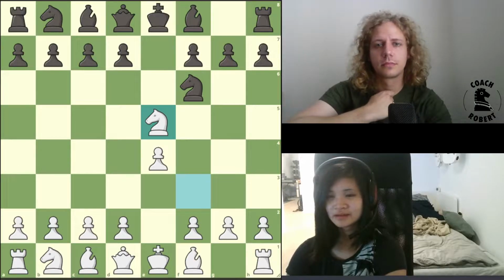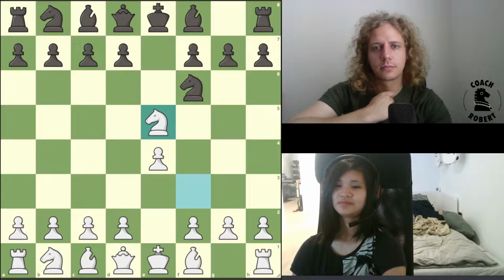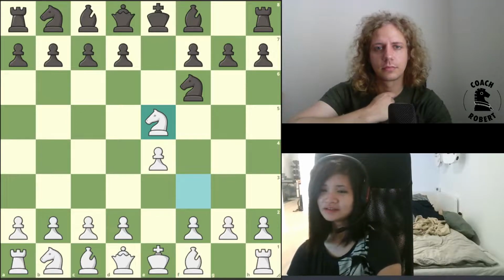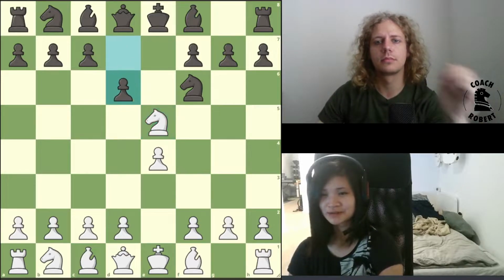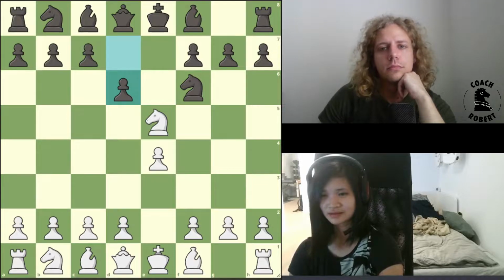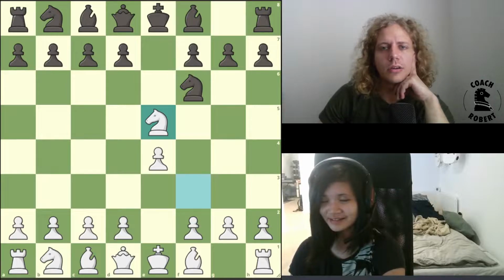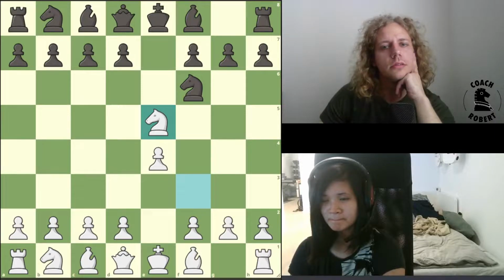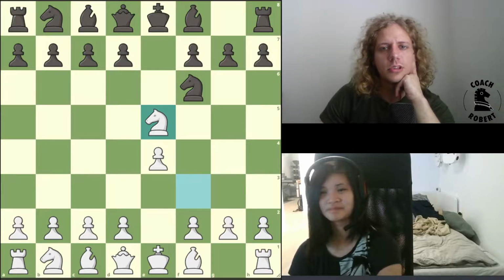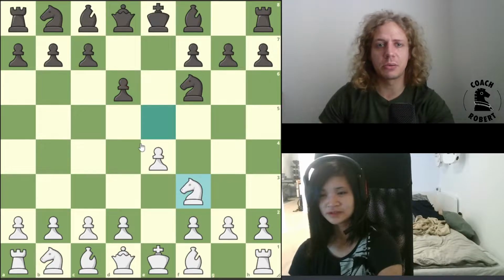I'm still thinking defensively because I'm tempted to do this just because it attacks the knight, but then it's not actually, I think that's a defensive kind of move. How come? Because it looks to me like you're attacking the knight, and they probably have to go on the defensive themselves, because they don't want to lose the knight for a pawn, right? So if you play that move, I probably have to go back. I mean, I have options. I could also go like here,